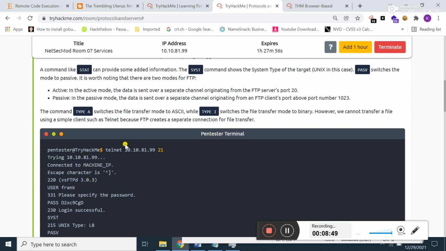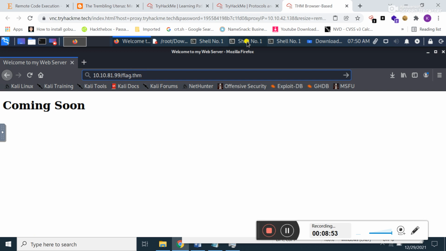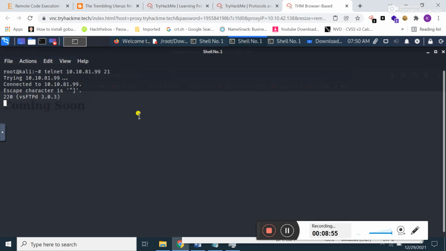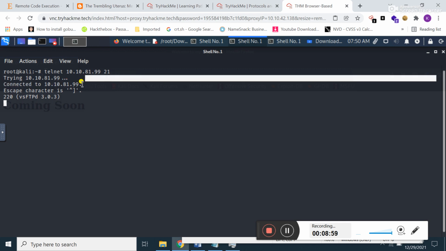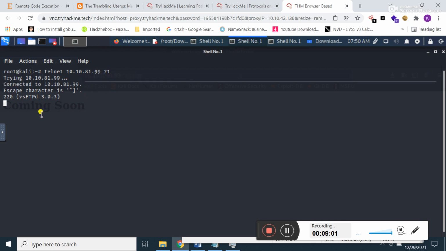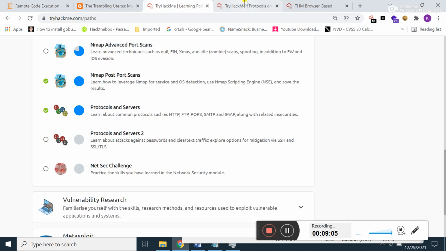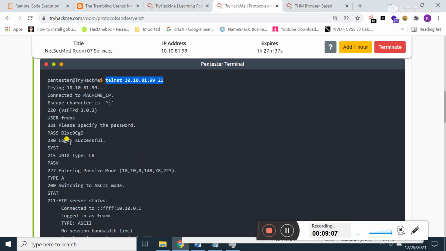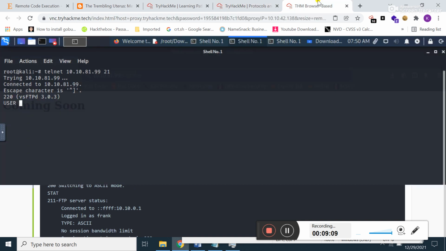Now, if I type this command in my terminal window and press enter, see here, I am successfully connected to this victim on port 21. Now if I type user, and what is the username? Let me show you. User is Frank.